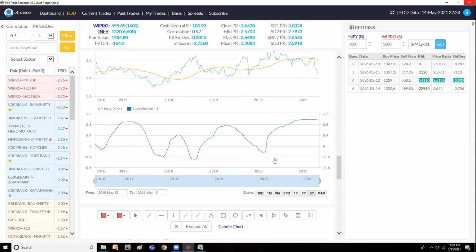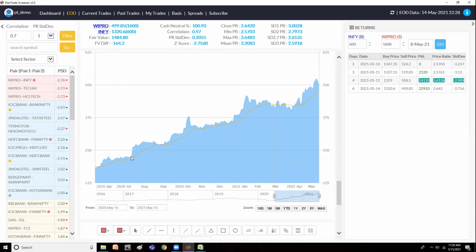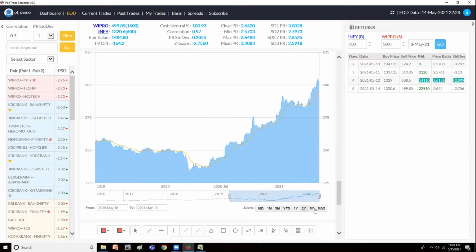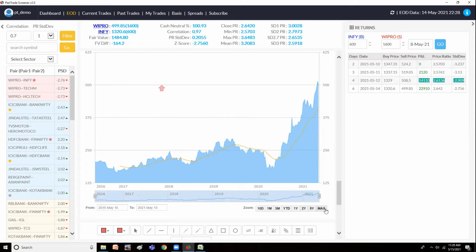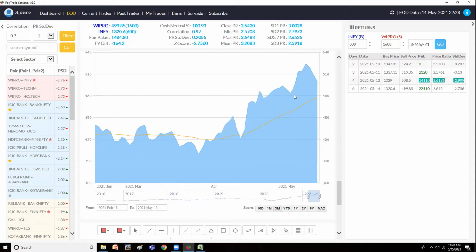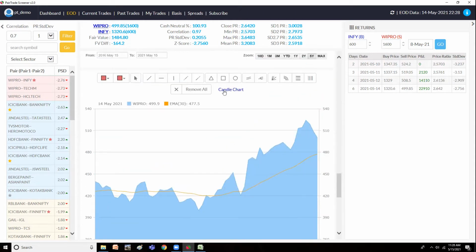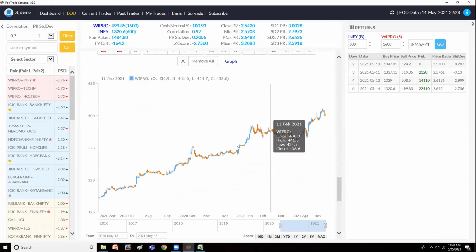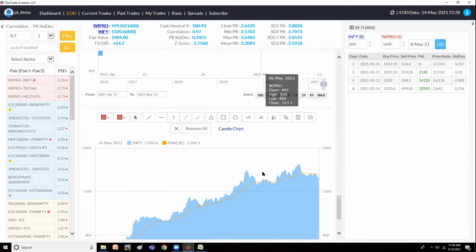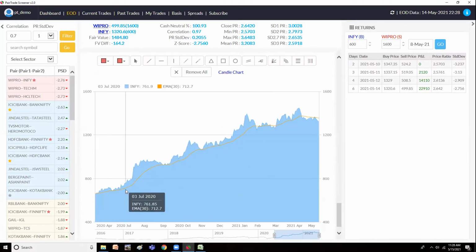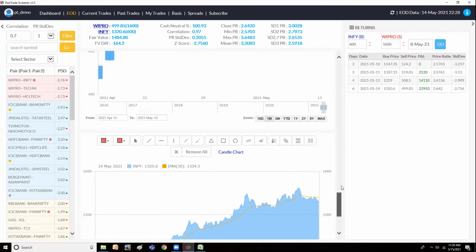Then the individual charts are displayed here. So how the pair has performed over the last 1 year. I could expand that to 2 years, 5 years. The maximum itself is the 5 years one, so only 5 years data is displayed. 3 months I can see. And I can convert this into a candle chart kind of a thing. So that can also be done. This is the second stock, and this is the 30-day EMA.